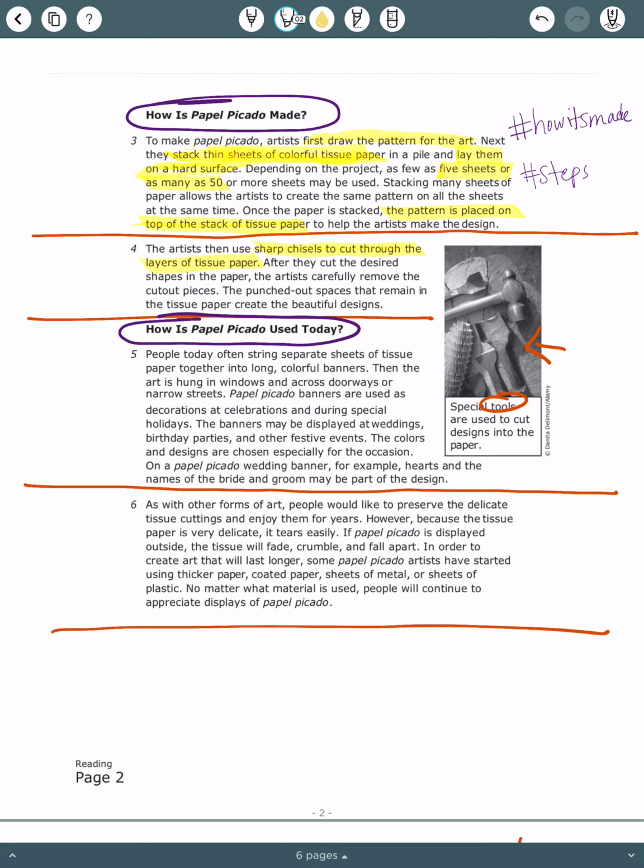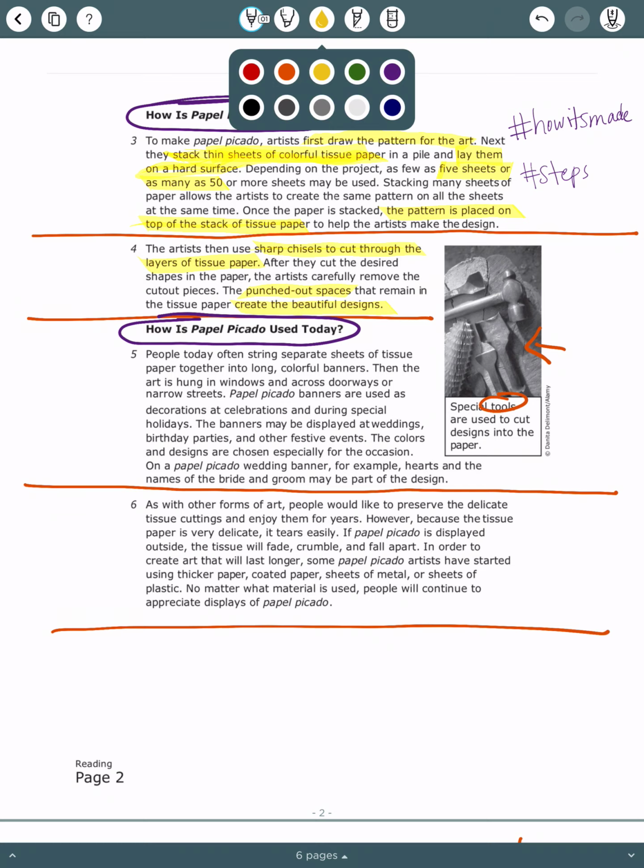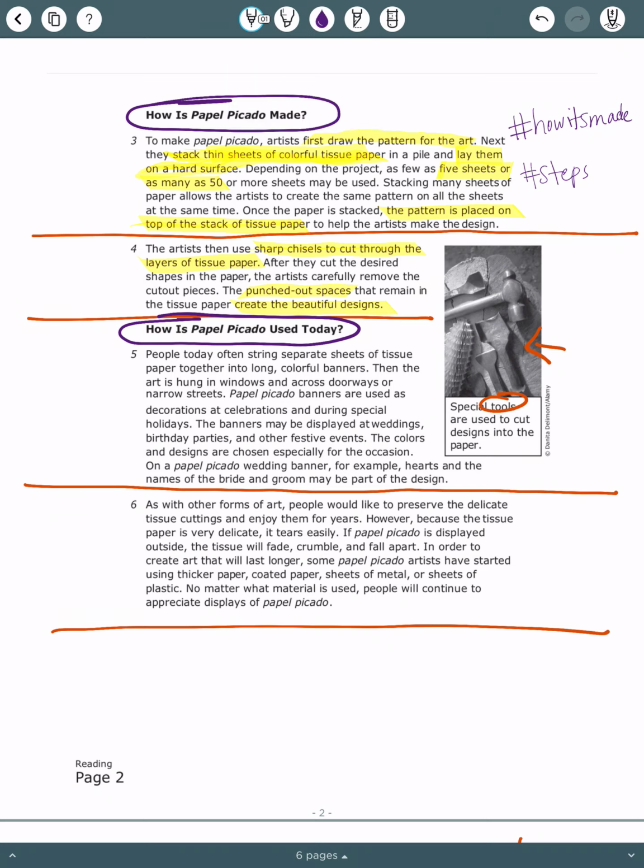After they cut the desired shapes in the paper, the artist carefully removes the cut-out pieces. The punched-out spaces that remain in the tissue paper create the beautiful designs. So the punched-out spaces create the beautiful designs. I'm going to hashtag just the tools and